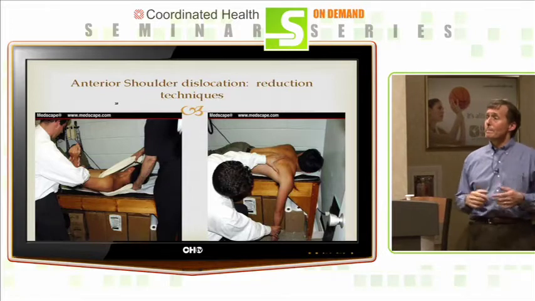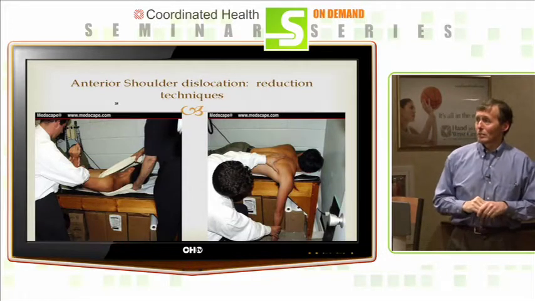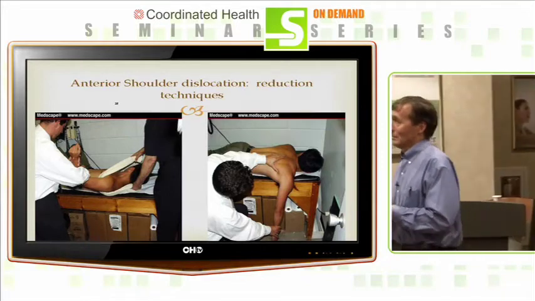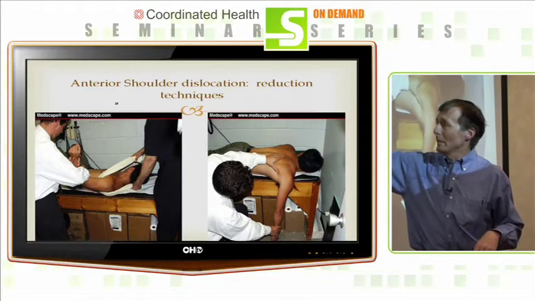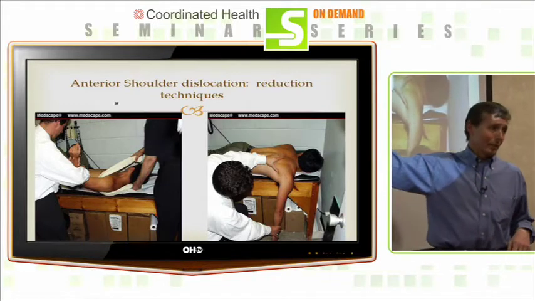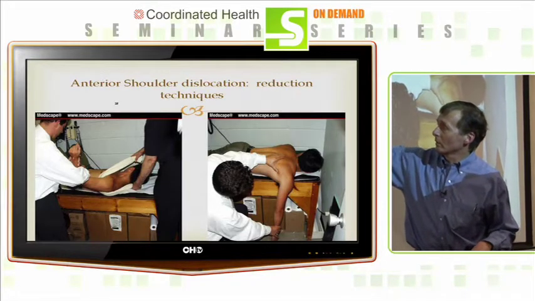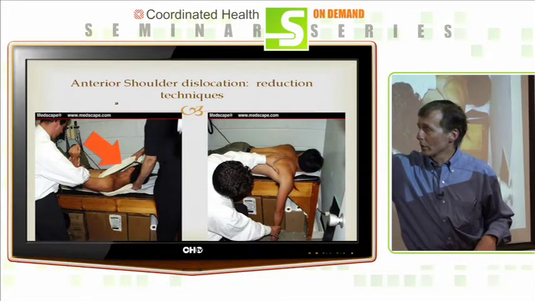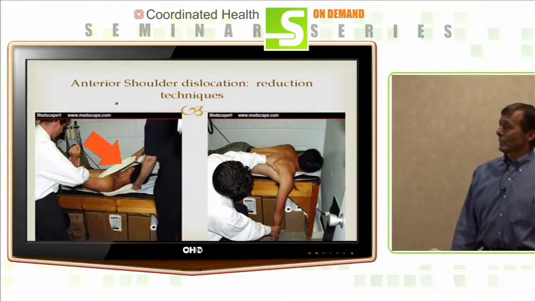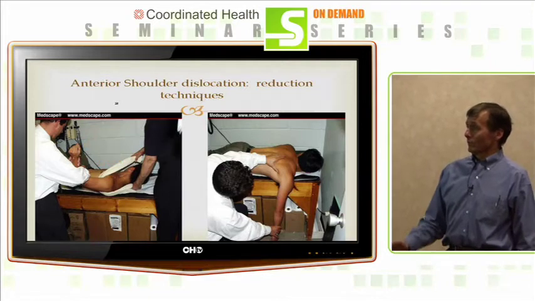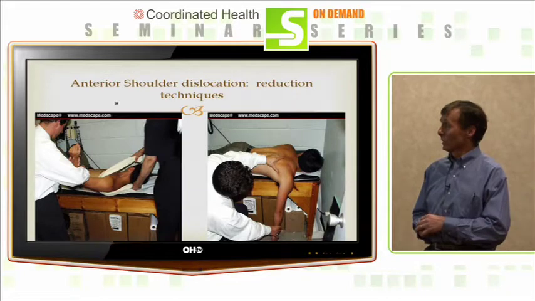How do we reduce them? Sometimes the most common way is the way you saw Hippocrates do it in 400 BC. If we can get to them early enough, and we can get them as early as minutes on the football field sometimes, we'll put a little towel under the arm and do it in traction longitudinally. And if the muscles aren't in spasm, the shoulder can reduce. You don't fix the injury, but you certainly get the shoulder back in the socket, reducing the humeral head.